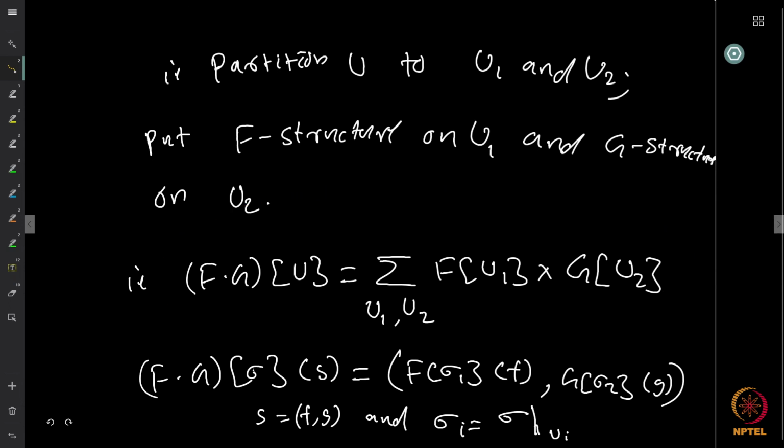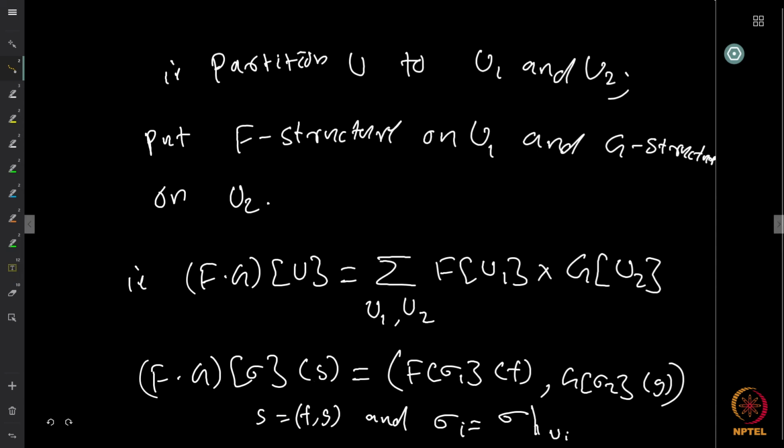And what happens to a permutation or a bijection sigma? The transport of sigma under the product F dot G is basically what happens to an element s, an object of type F dot G. Now, what is s? s is an object of type F dot G. But we know that any such s is of this type, F of U1 cross G of U2. So it has two components. Let us say that they are small f and small g. So if s is (f, g), then